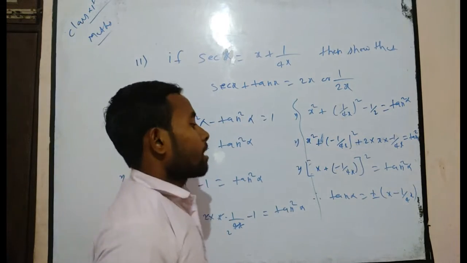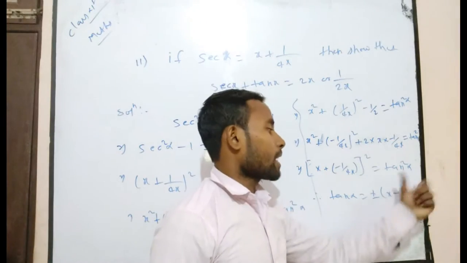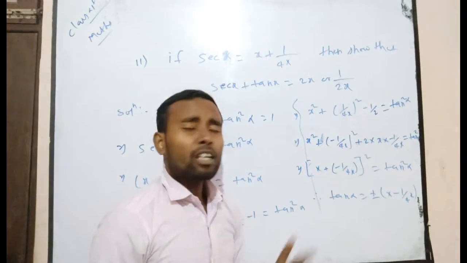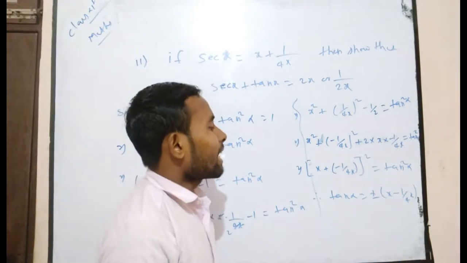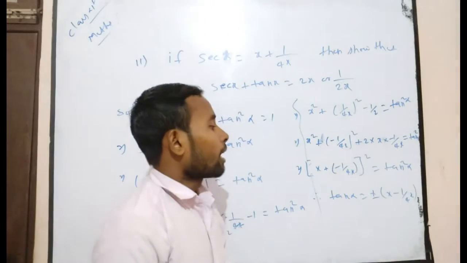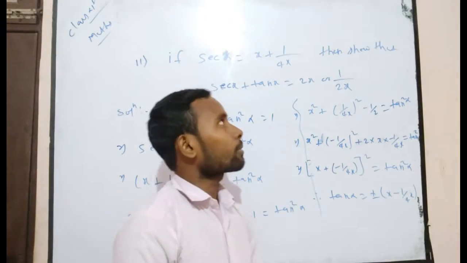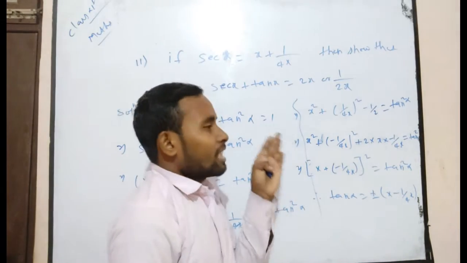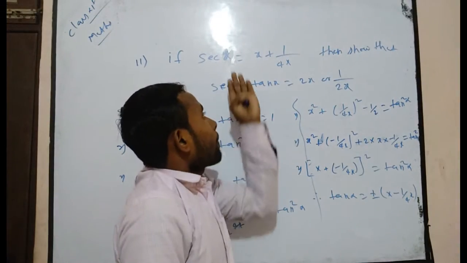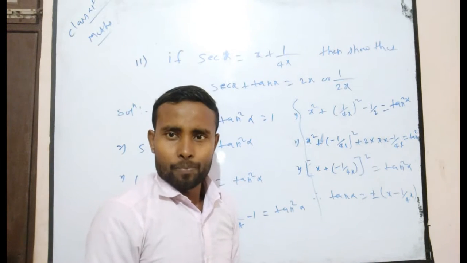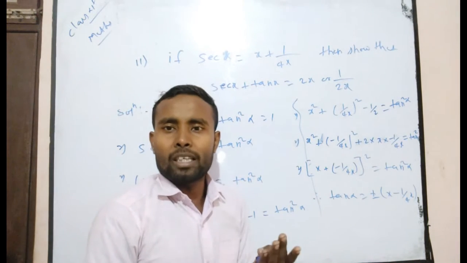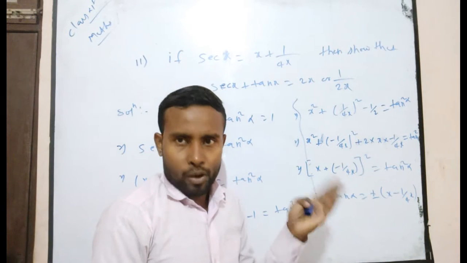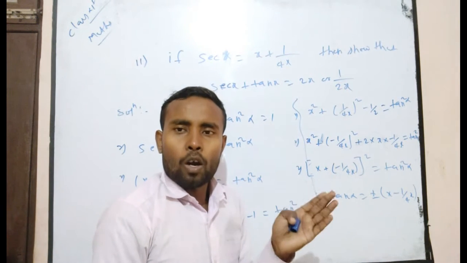Why do we take tan alpha is equal to plus minus root of (x minus 1 upon 4x)? Because here there are two reasons. By a simple way, you can say tan alpha is equal to plus minus the root of (x minus 1 upon 4x), because here sec alpha is equal to x plus 1 upon 4x, and there is no mention of which quadrant alpha lies in. In that case, if you consider different coordinates, then there are two possibilities. It may be the first quadrant or the fourth quadrant.